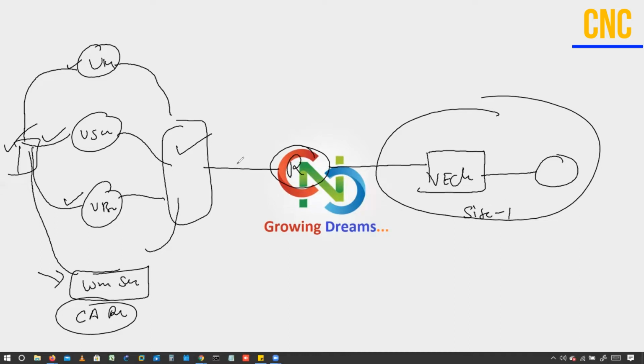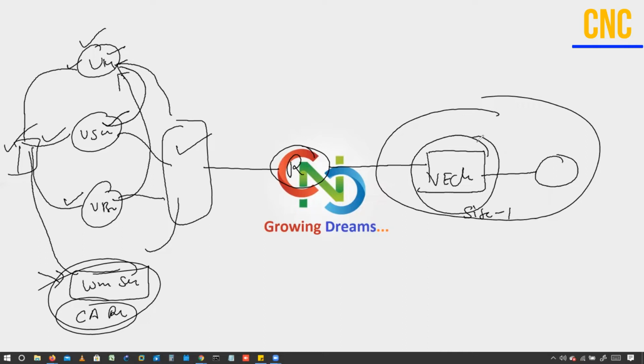What we will do basically, first of all, we will bring the device up, this vManage. Then after that we will register this vManage, then we'll turn on this vSmart and do the configuration, meaning IP address configuration. We will register this vSmart to vManage, and again register vBond to this vManage. For the certificate, I'll be using this server. Finally, I will add this vEdge device to vManage, and we will then see how we can do other practicals and other things. So this setup we have to create.